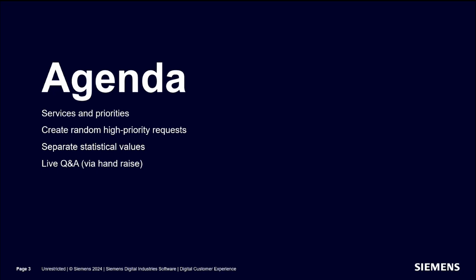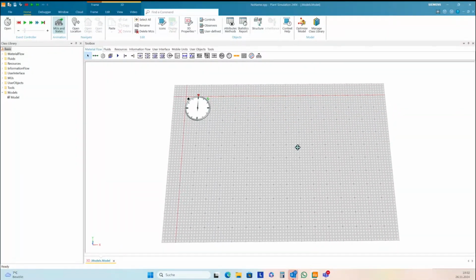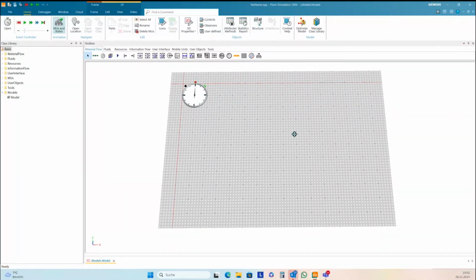Hello again for our next webinar. Today's webinar's topic is again a walker and walking with the walker. We make a little experiment, a very simple model. We have one source, we have a station, we have a train.